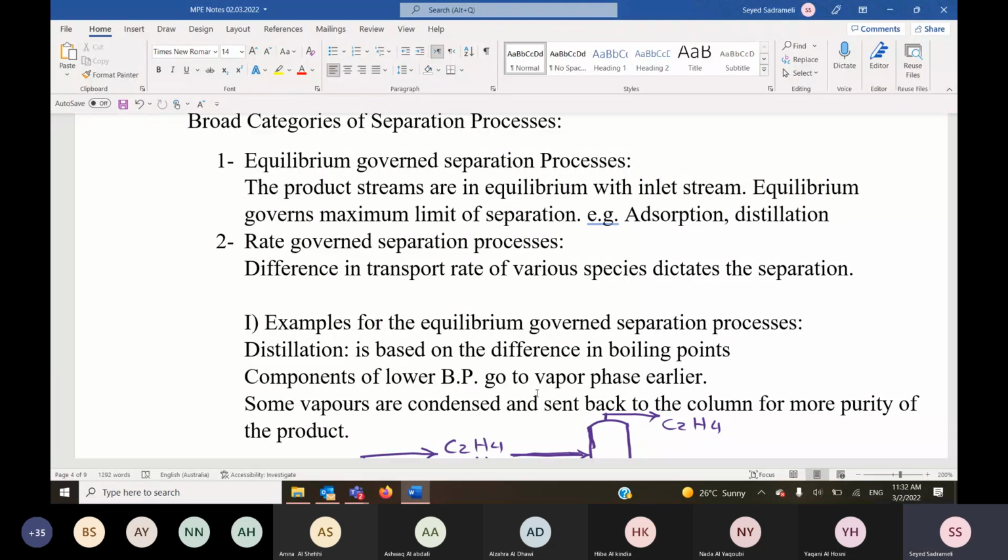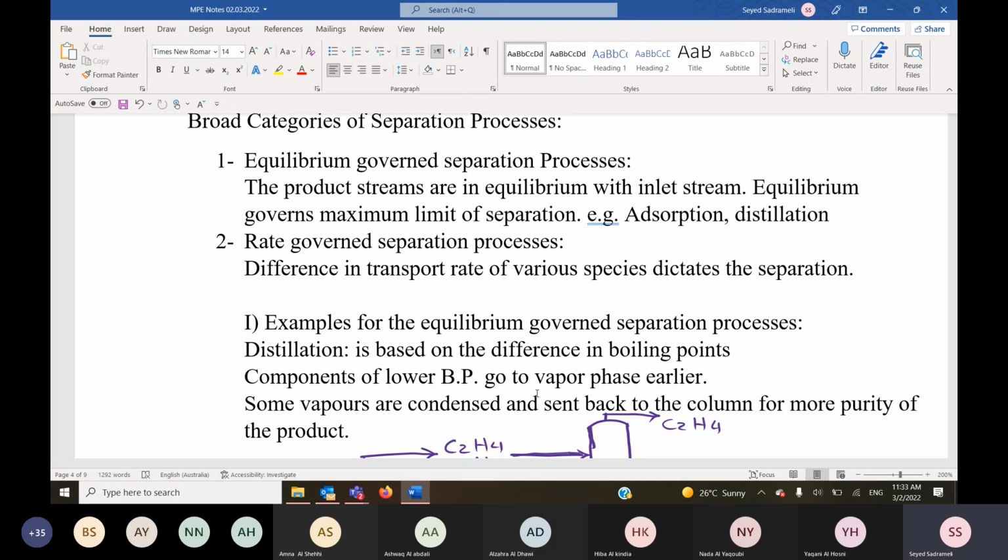Broad categories of separation processes are equilibrium-based and rate-governed-based separation. Some of the separation processes are based on equilibrium-governed separation, like distillation. In the distillation column, you have equilibrium in each tray of the column between the gas and liquid. So you can separate by this equilibrium, and then lighter components go to the top of the column and the heavier come to the bottom of the column. We also use adsorption in